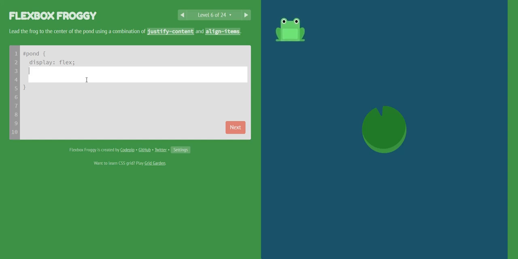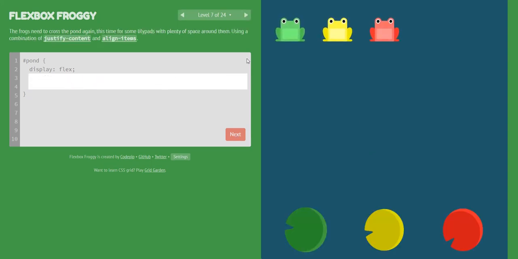So now this is a combination of both justifying content and aligning items. As we learned before, justifying content will take you to the position that you need to go, and aligning items will take you to the respective row or column, aligning the items in the top or bottom, and just because it's flex, we are using flex start, flex end. So click on next. So we are to the level 7.